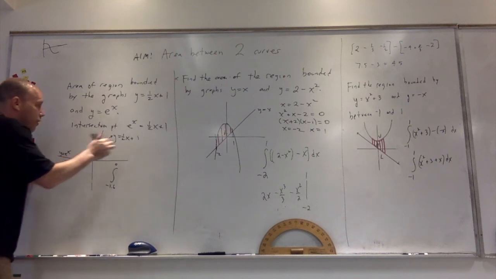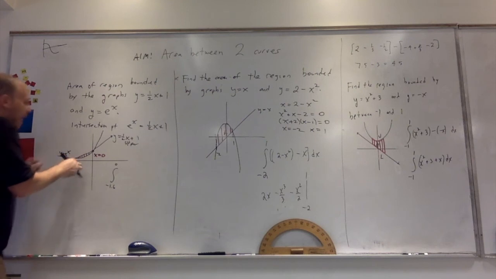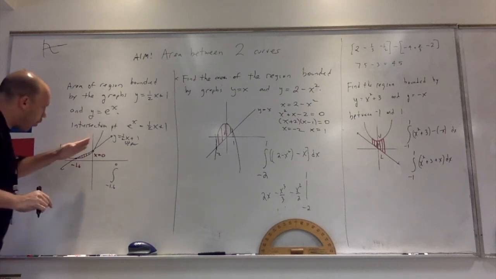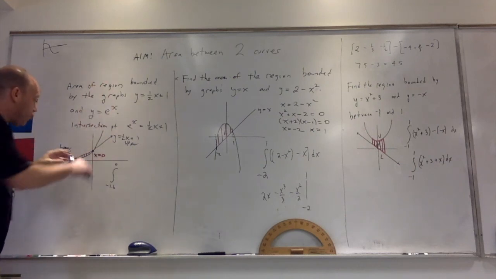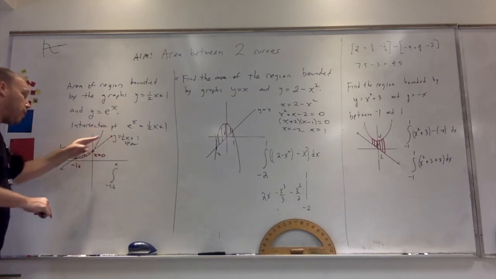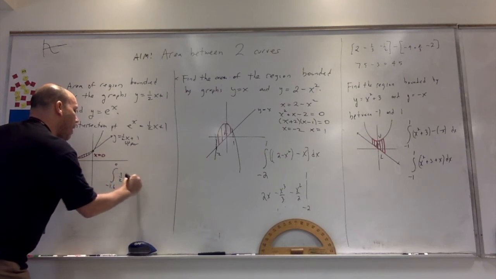Well, it turns out the line is the upper, and e to the x in this region is the lower. We know that an exponential function will grow faster than the line, but right here in this region, no. The linear is above the exponential. So it's 1/2 x plus 1 minus e to the x